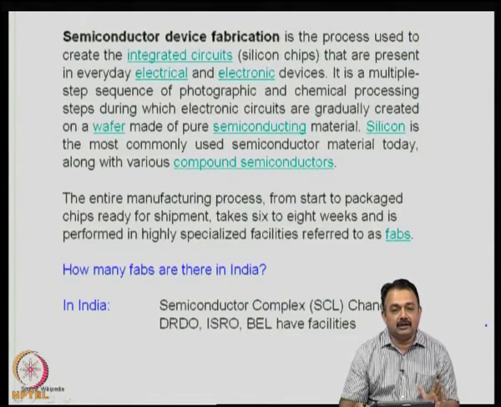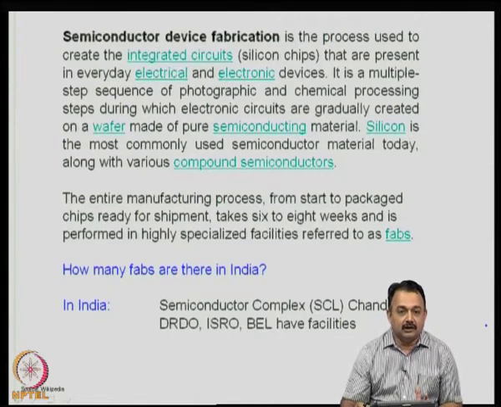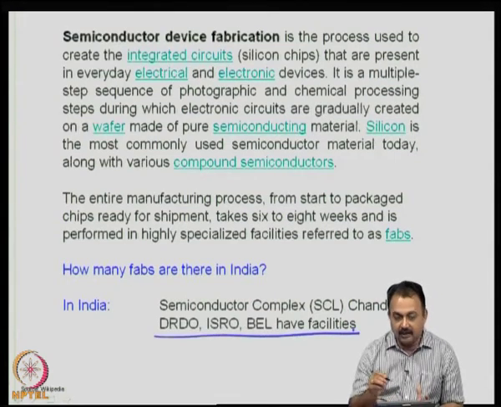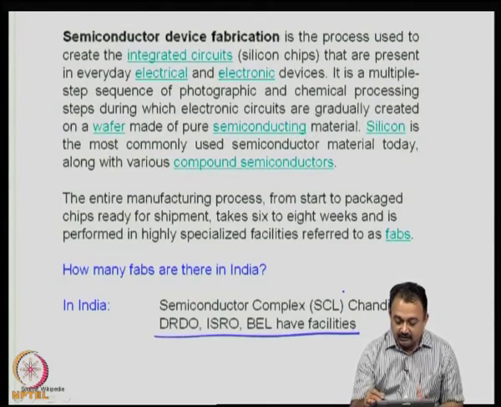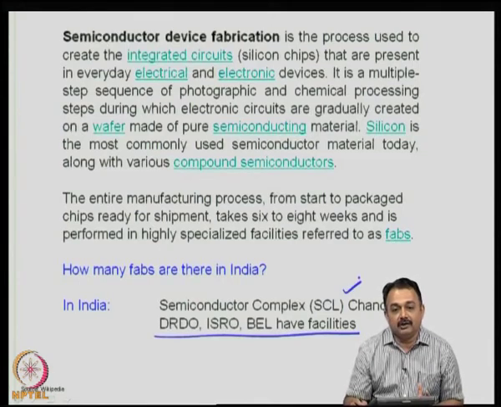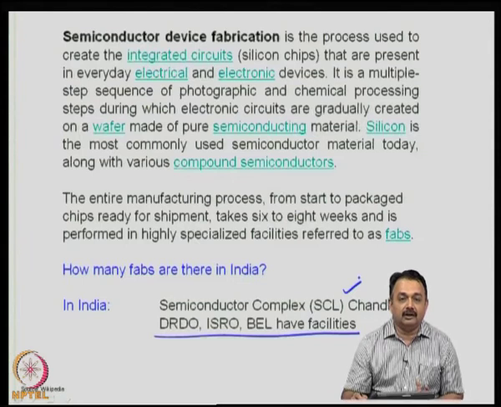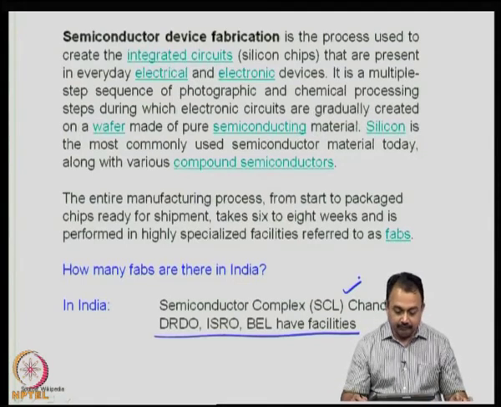They have facilities that are limited, but at the same time some of them are state of the art. Okay. So, there may not be volumes manufactured here, more could be prototyping facilities for research, and the semiconductor complex is a volume manufacturing unit. Okay. So, this is the information about what we have in India regarding semiconductor fabrication units.